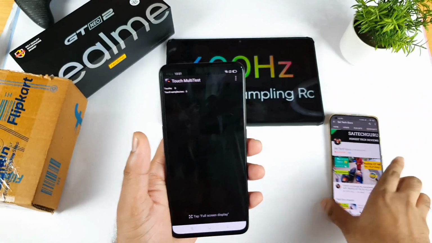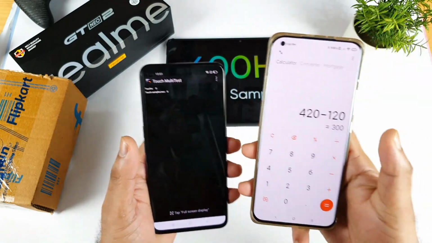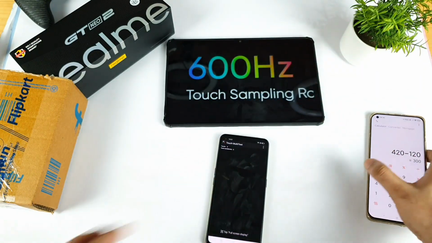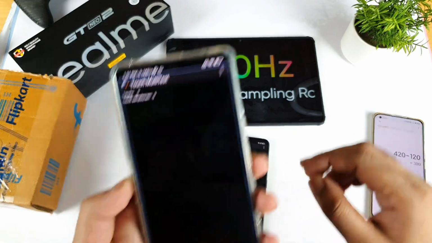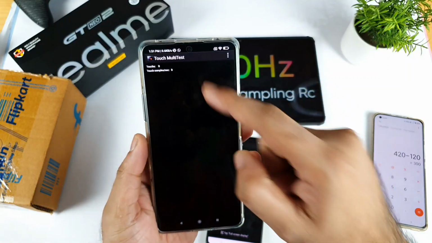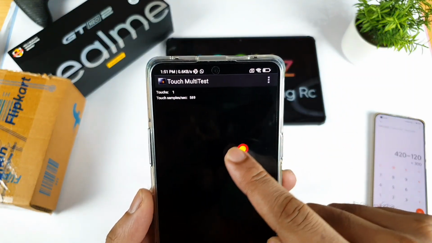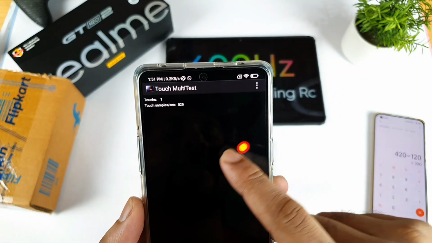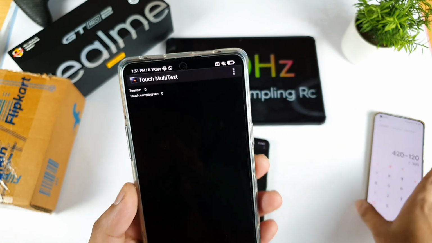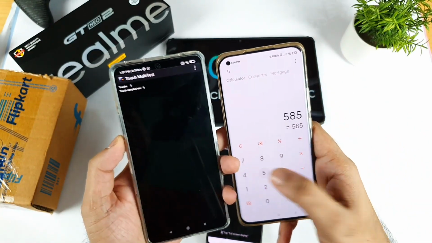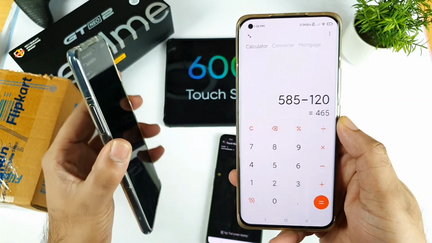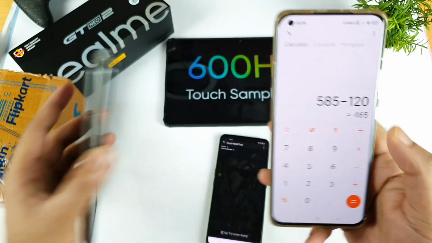You might be wondering why we need to do the minus thing. Let me show you. Why should we do the minus? Why not 420 Hz as the rate? I'll explain with a couple of other phones. This is the Poco F3 GT, which we know has got 480 Hz touch sampling rate. Look at the value here, we're getting about 580, kind of close to 600. As you can see, friends, exactly 585. You can clearly see. So 585 minus 120 Hz refresh rate, it's kind of close to 480 Hz. It's very close. As you can see, friends, not bad.